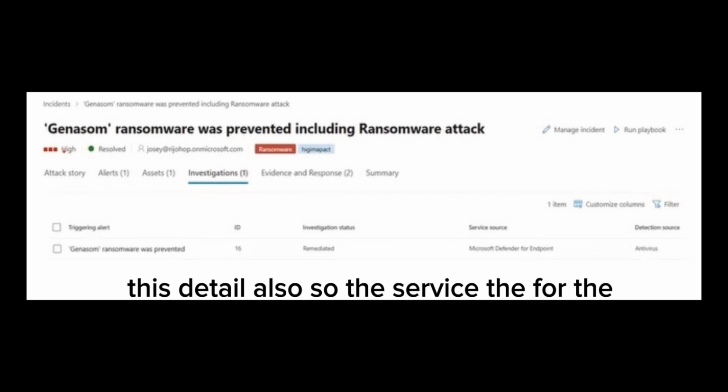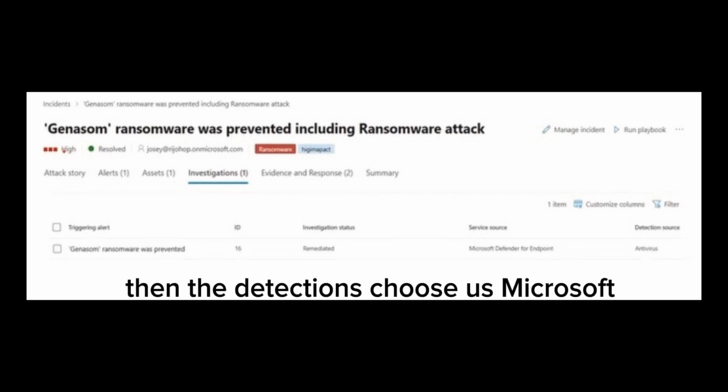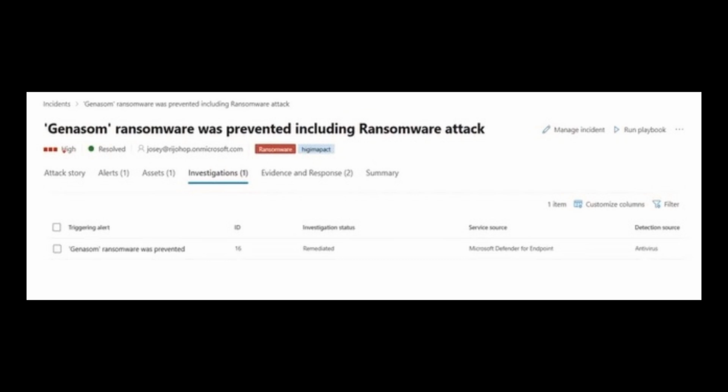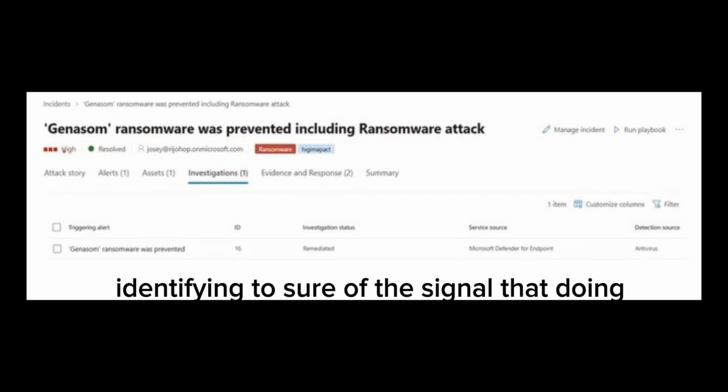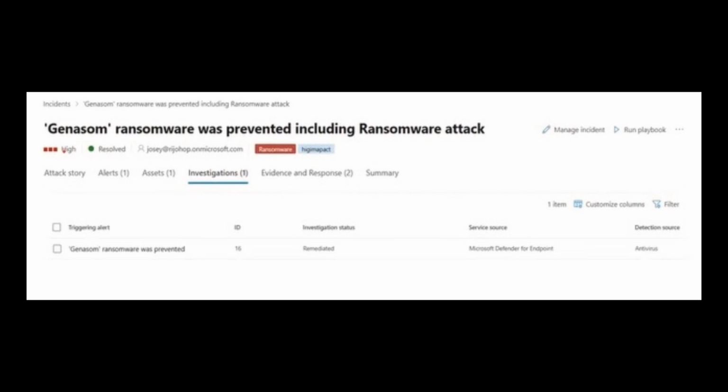This detail also shows the service, the performance, and the detection source as Microsoft Defender Antivirus, identifying the source of the signal during the automated response. Next, evidence and response.